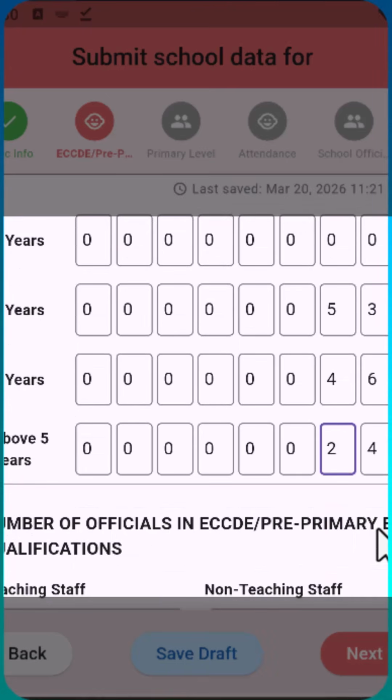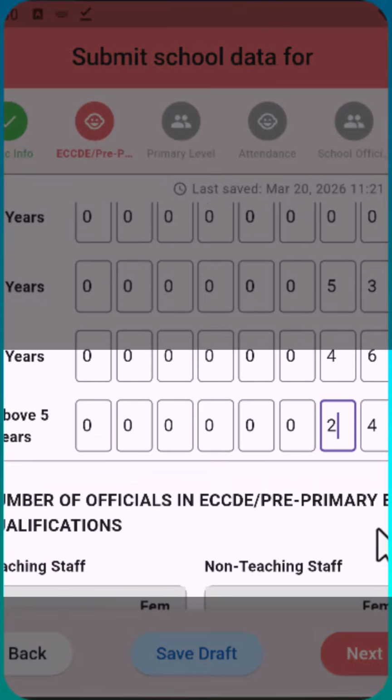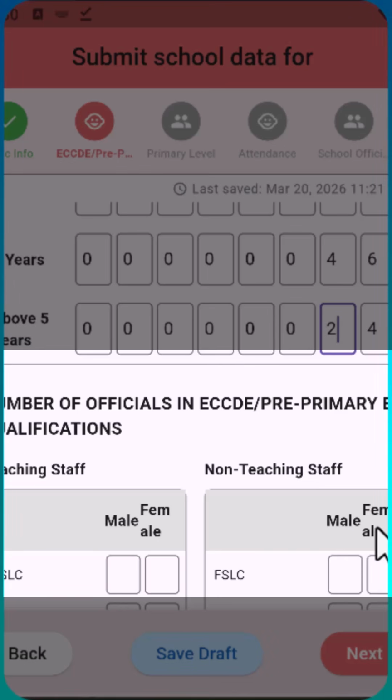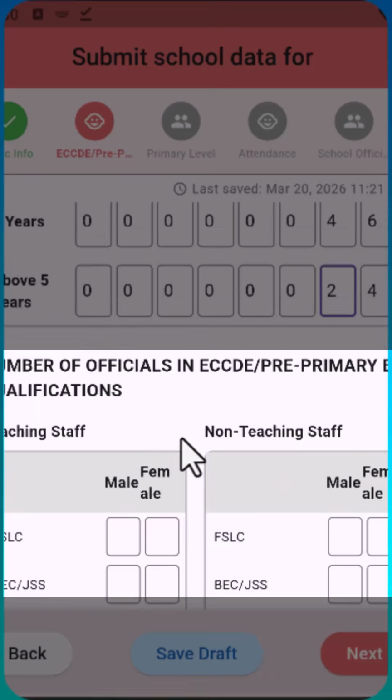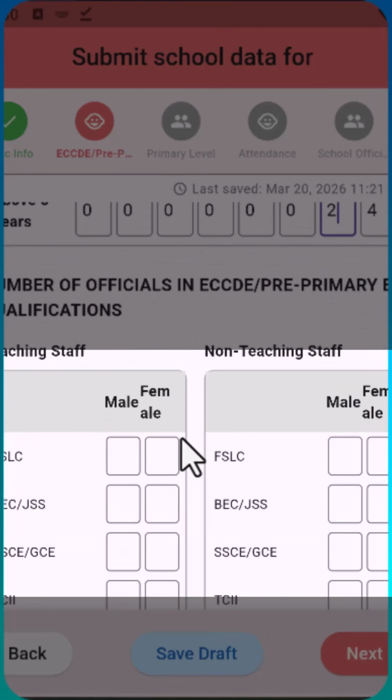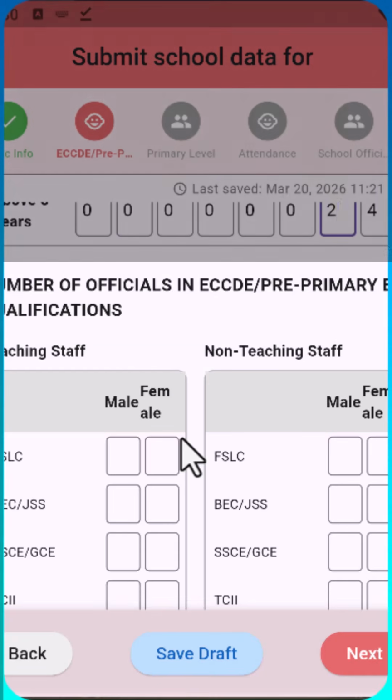Now let's move on to the next section, which is the number of officials in ECCD pre-primary by their educational qualification. You would recall that I told you that in the first session, they asked for the number of officials in the school for both ECCD and primary. Now they are only asking for ECCD